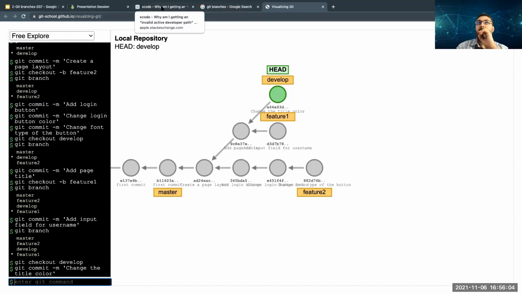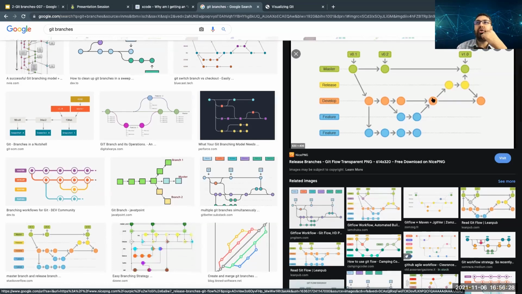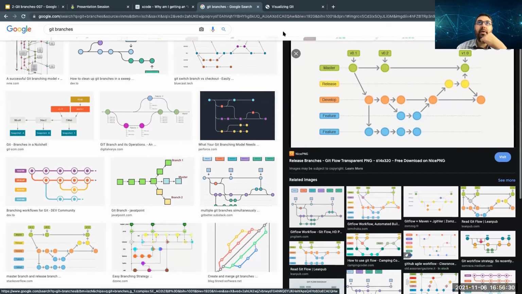Now when it's time to merge feature 1 to the develop, the feature 1 is finished. This time we have to merge this feature to the develop, bringing them all together. Everybody works separately, but now it's time to merge.